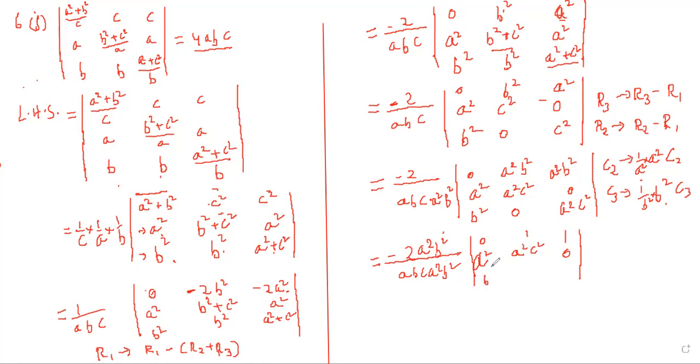Then b square 0, a square c square. This a square b square will be cancelled out. So it is minus 2 upon ABC. Also, we can take a square common from row 2. b square